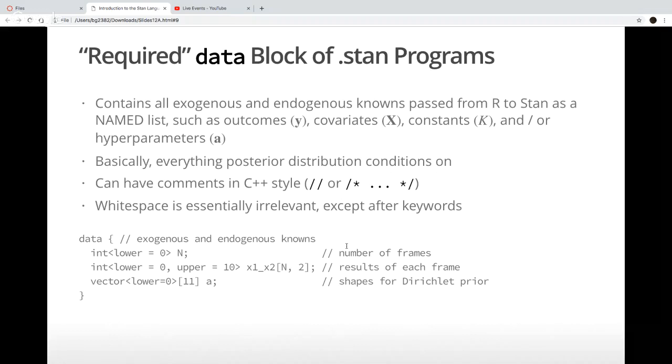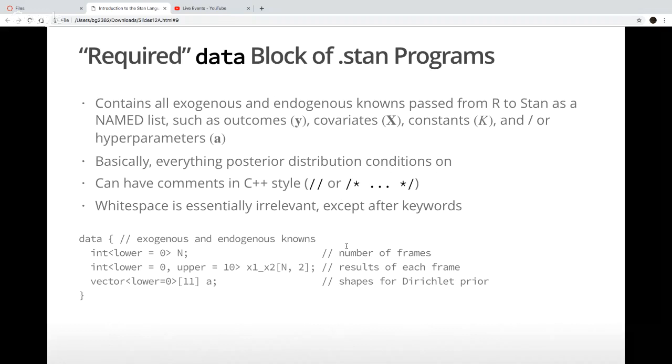So I have to declare n before I can declare an integer array with n rows. These are executed sequentially. If I did these out of order and did x1, x2 first, it would say, I don't know what n is. Conceptually, everything is passed at the same time as far as the human is concerned, but Stan reads it in order.